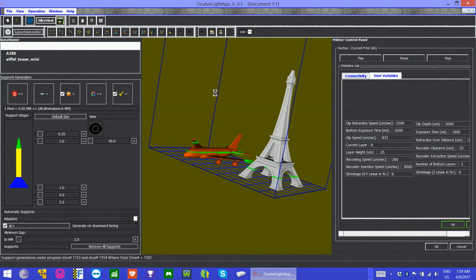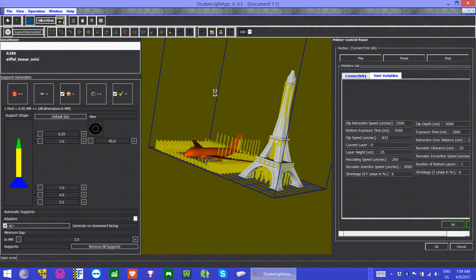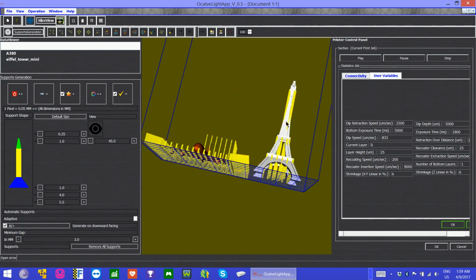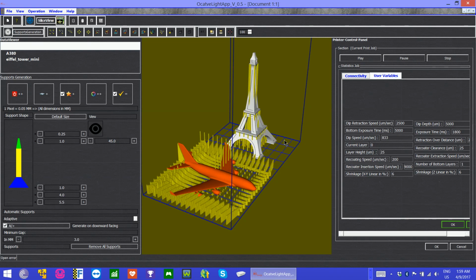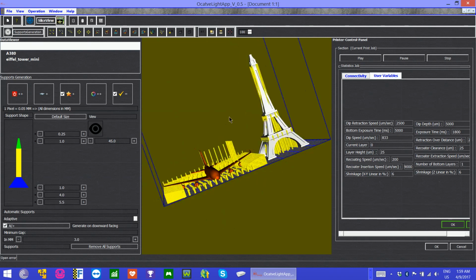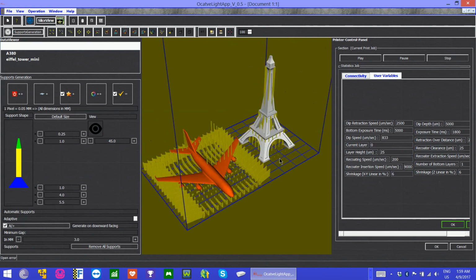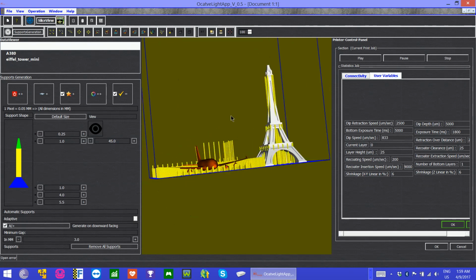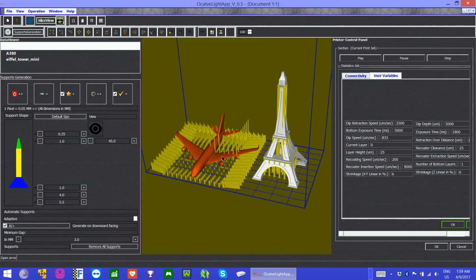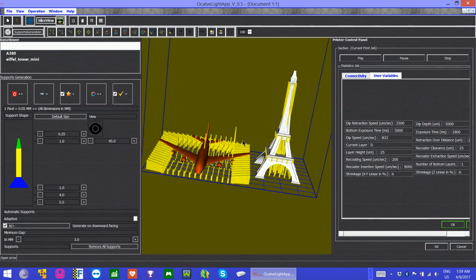The last slice will be processed, the 1180 and 1181 slices, the last two layers, and after that it will get supports. So you can see all around the wings we have supports created. Because wings are present, it will be creating supports all along. It is not very intelligent in creating